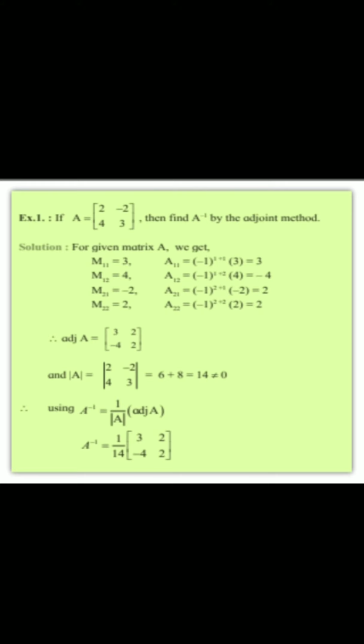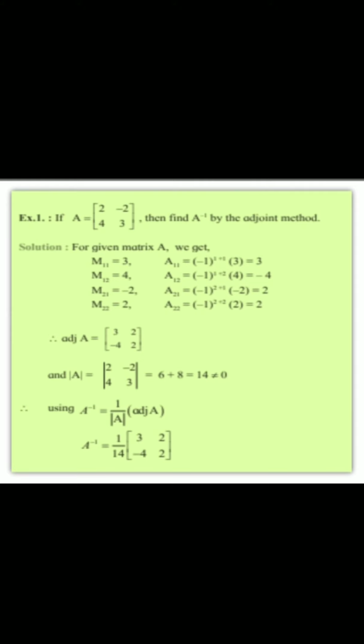Then we get the cofactors A11 equal to 3, A12 equal to minus 4, A21 equal to 2, and A22 equal to 2. Then we get the adjoint matrix of A equal to 3, 2, minus 4, 2,